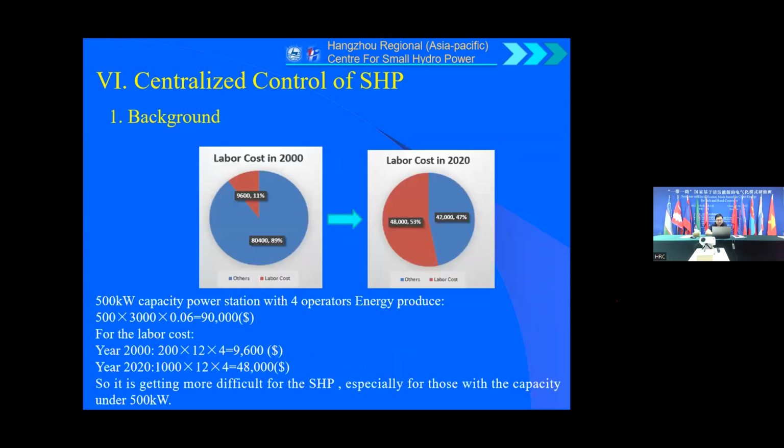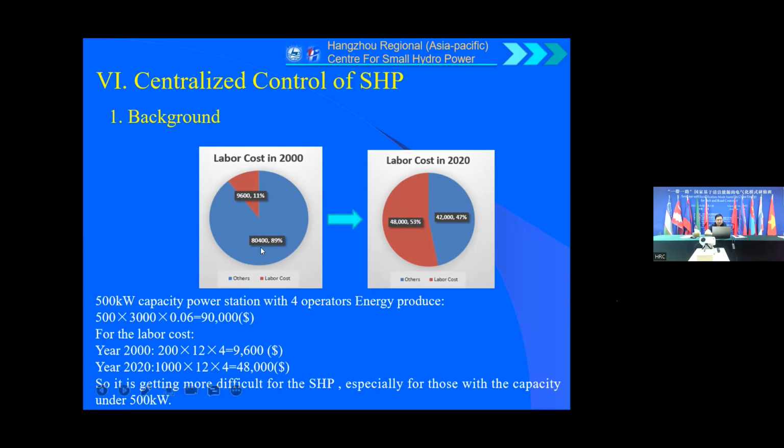Take a 500 kilowatt capacity power station, for example. Maybe we have four operators. Every year the unit can be put into operation for about 3,000 hours normally. So the energy production for this power station is about $90,000. And the labor cost in the year 2000 would be only about $9,600,